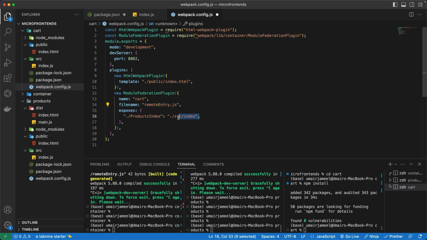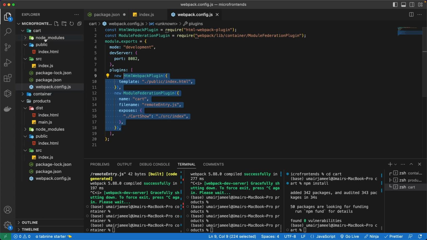and we don't need to change the source index as well. We actually need to add the cart show, whatever is written over here, and yeah, so I think we have actually copied all of these files in our cart project. Now let's try to run the cart project separately. Currently I have not actually exported anything from the cart or added the integration in my container micro front end